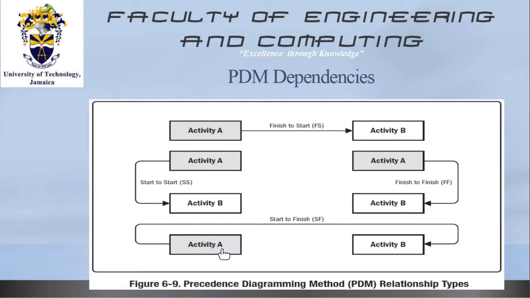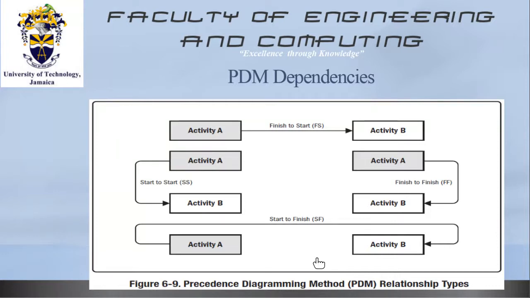So activity A cannot finish until activity B is finished, or vice versa. So this is a start to finish. As an example: if you are running a project and it's a site where you have to provide 24-hour security, the security that works the night shift cannot complete his duty unless the relief for the day shift arrives,